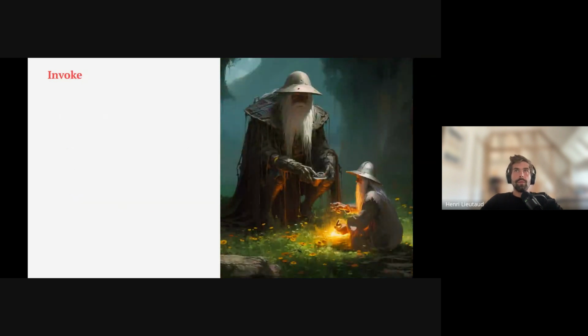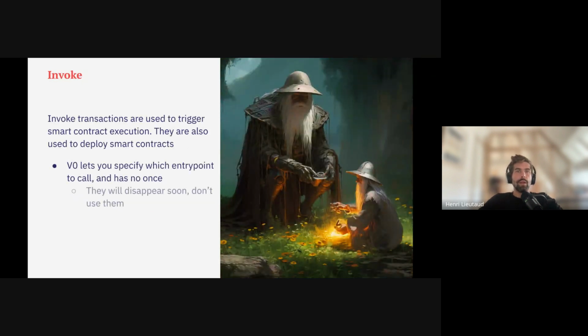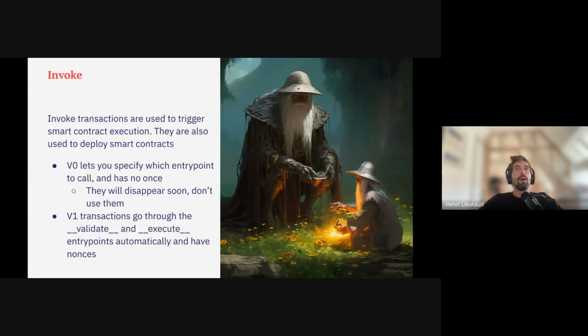Now, the second type of transactions in Starknet are invoke transactions. Invoke transactions are transactions that, instead of teaching the network how to do a new trick, tell the network to do something. So in our case, they're basically like, I want to have a wizard invoke a robot or something. So that's the image. They're a way for you to say, I want this smart contract to execute that thing. They are used for smart contract execution.